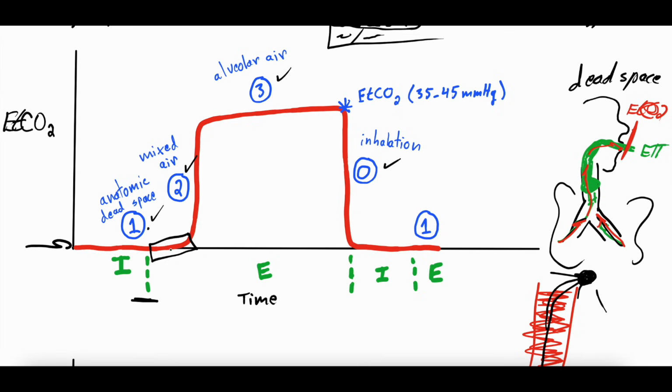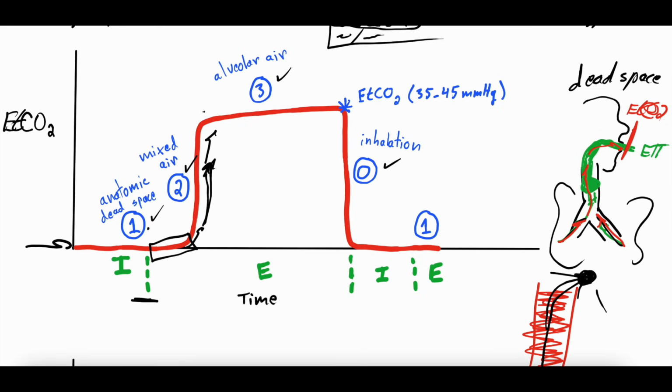As you're breathing that air out, you start to get this upward deflection. The end tidal starts to go up. And then it starts to go up abruptly because this is phase 2, and this is mixed air. It's air that contains both dead space air and air from the alveoli. And that's why it rapidly increases, because you go from air that was all dead space, with no gas exchange, just sitting in your windpipe, and then the air from the alveoli starts to mix in more and more, and this skyrockets up to higher and higher end tidals